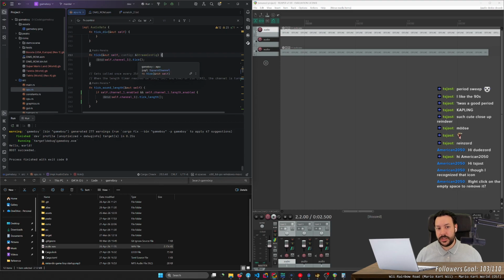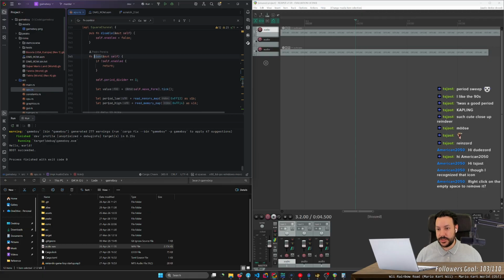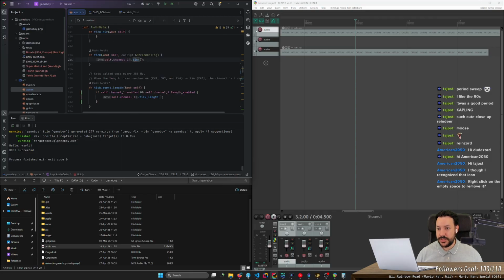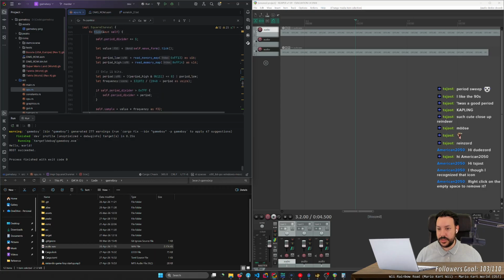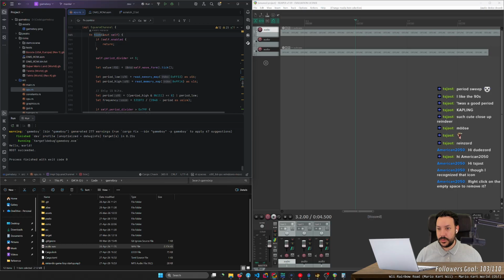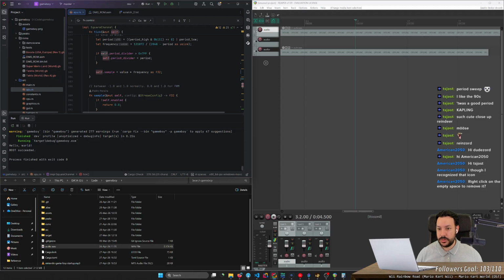I kind of want to validate how fast this counts, because that might be the issue. Maybe this tick should be handled elsewhere. Because I probably want to do this divider here, but actual...